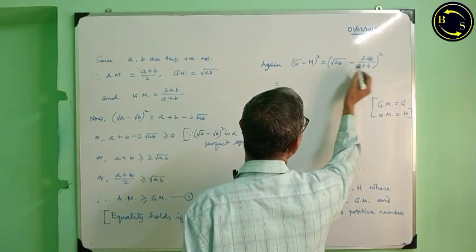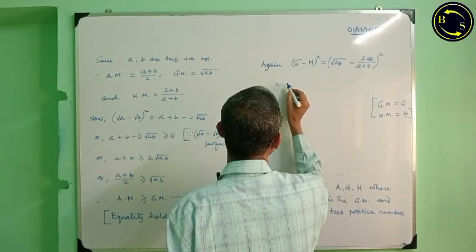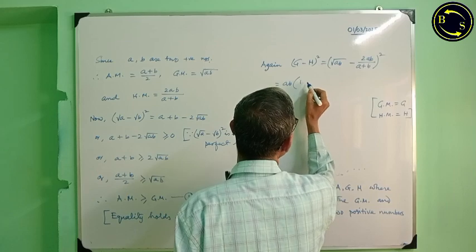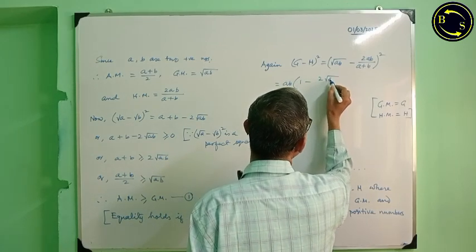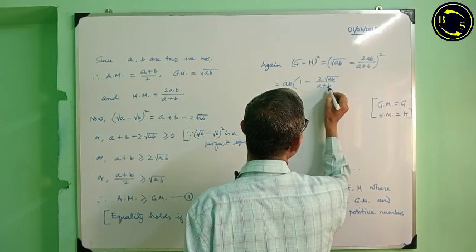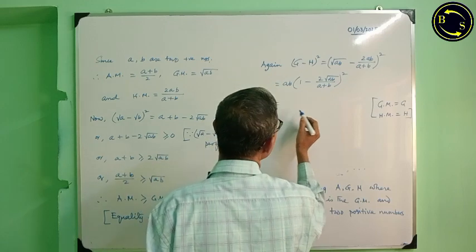We take root over AB outside the bracket, then it will be root AB times 1 minus 2 root over AB by A plus B, and this is